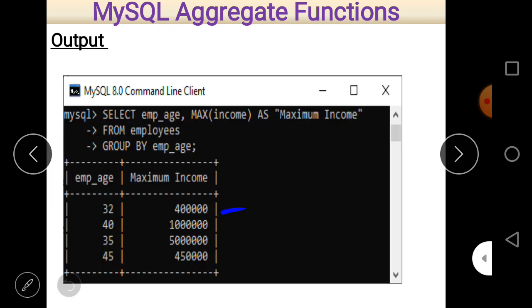So here for age group 32, maximum income is 40,000, and you can see that this is reflected in all other data also. For age group 40, maximum income is 10 lakhs, for 35 it is 50 lakhs, for 45 it is 4 lakhs 50,000, I think, yeah, 4 lakh 50,000. So these are the different maximum incomes for different employees.